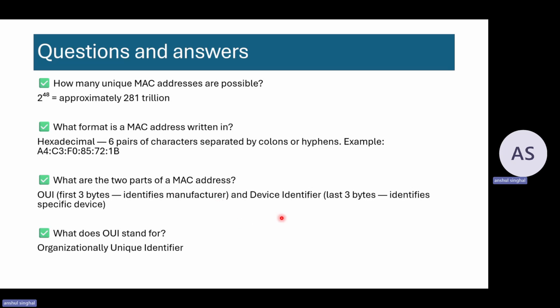So the first 3 bytes identify the manufacturer, and the last 3 bytes identify the specific device or specific network interface card. As we had seen earlier, the total size of a MAC address is 48 bits, which is 6 bytes. Out of 6 bytes, the first 3 bytes represent the manufacturer, and the last 3 bytes represent the